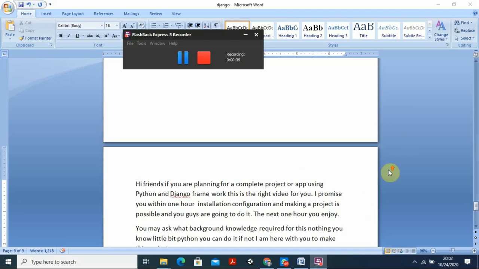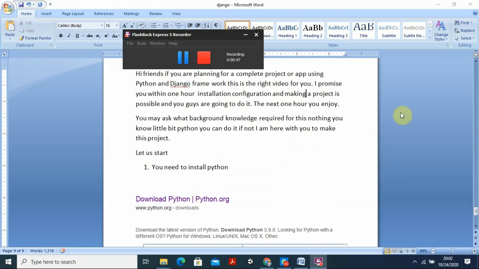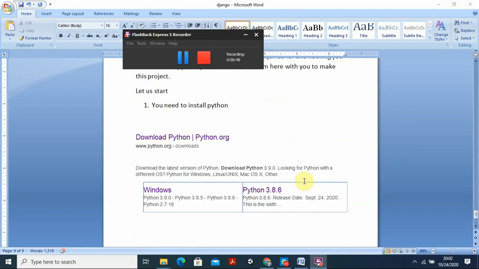So the next thing is how do you install? First you go to download Python. For this you need to go to python.org. Then you download, and you can see the latest version of Python is available for Windows. It is 3.9.0 and you will have everything there. The download takes some 5 to 10 minutes based on your system. And of course it is available for 64-bit.